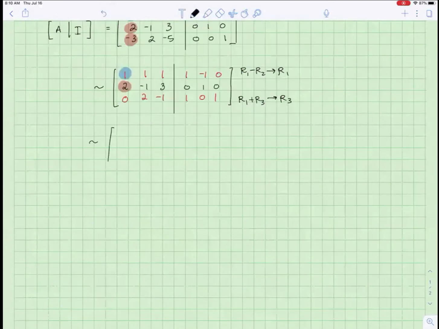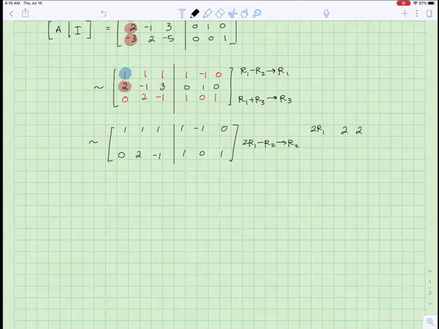This is row equivalent to, that won't change, top row 1, 1, 1, 1, negative 1, 0. The bottom row will not change, 0, 2, negative 1, 1, 0, 1. And we're going to do twice row 1 minus row 2 is our new row 2. And I'll actually write that one out. Twice row 1 is